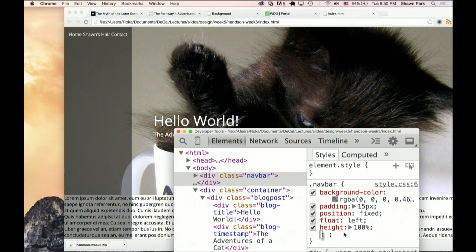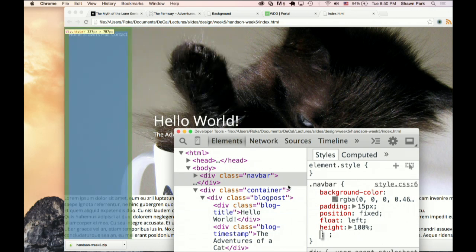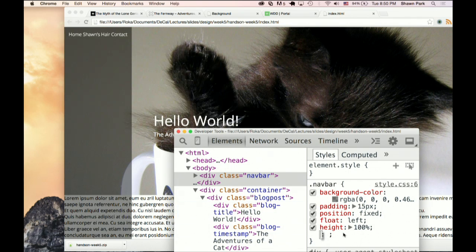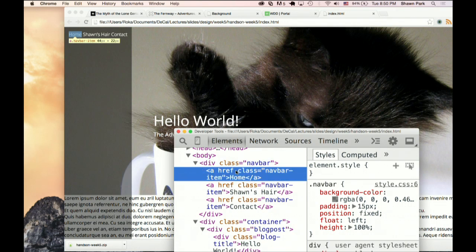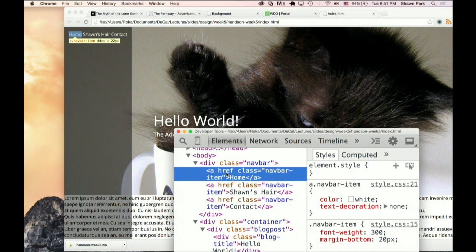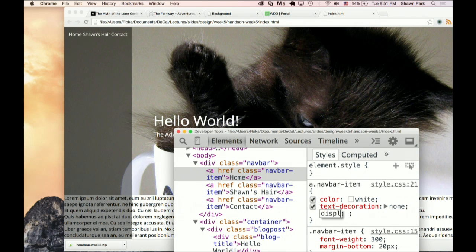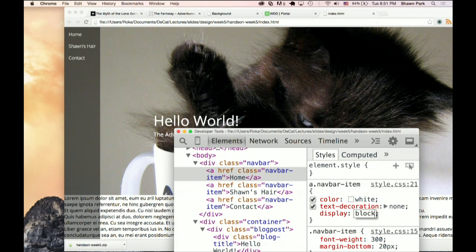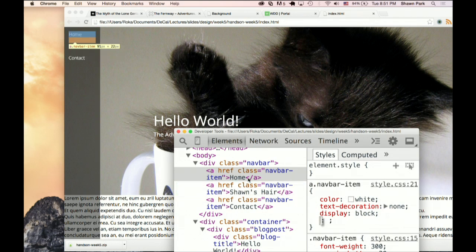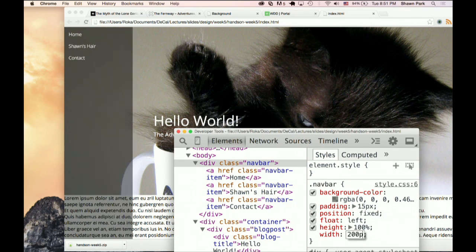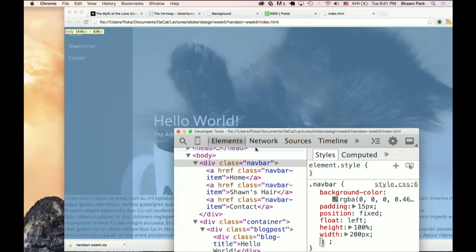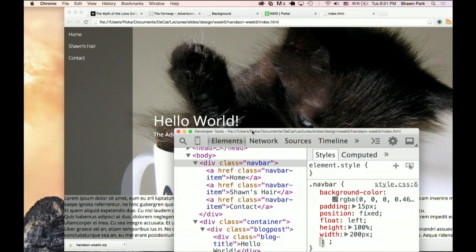Good job. And if you see, the text is now going across the sidebar, but we want it to go down. So to do that, we can change the display. If you go to the navbar item, which is the text, and you apply display block, it'll go down instead of going across. We need to just apply a width to the sidebar so that it doesn't look so small. So about 200 pixels looks good. And you can also give it more padding if you want to stylize it more.